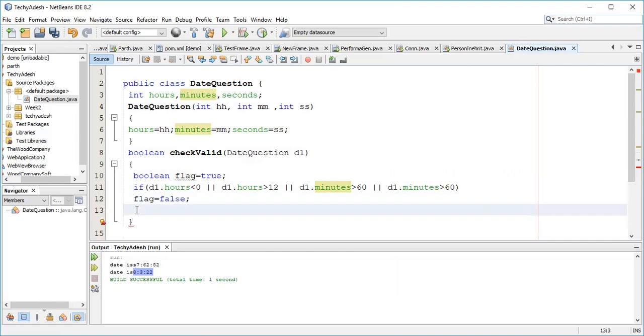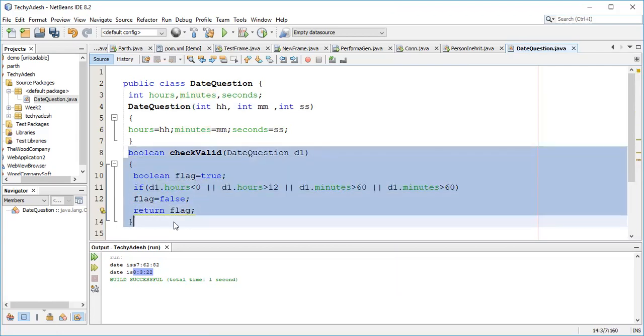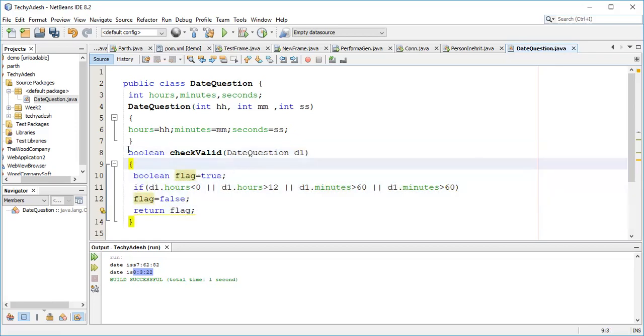False. Now we will return the flag value, right? So this is the function in which we are trying to check whether the time is valid or not. For my Hindi audience, let me explain once again.